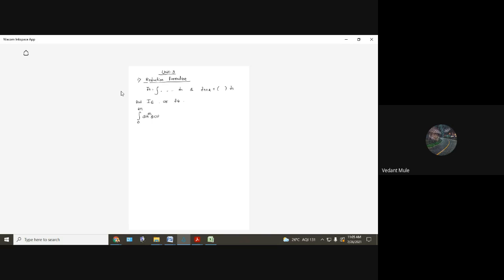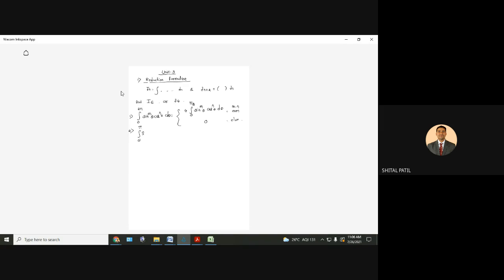Sin raised to m theta, cos raised to n theta, d theta. Okay, that is equal to 2 parts are there. The answer may be 4 times, and then integral will be 0 to pi by 2, sin raised to m theta, cos raised to n theta, d theta, or answer may be equal to 0. When answer is 4 times, hope you remember, whenever both m and n are even numbers. If one of them is odd, answer will be 0. Very important. All these formulas they are required in the unit number 6 also, so you remember them.